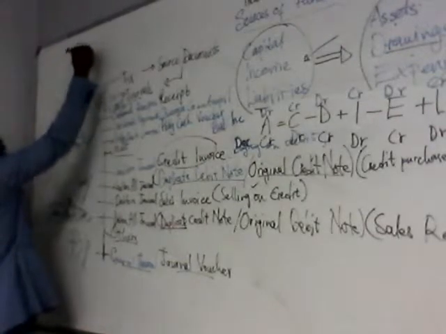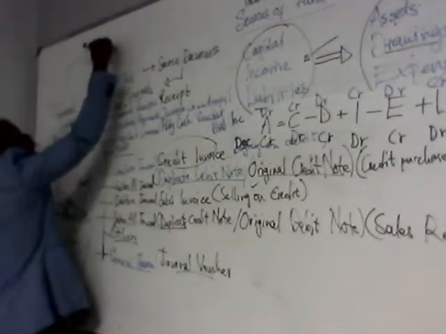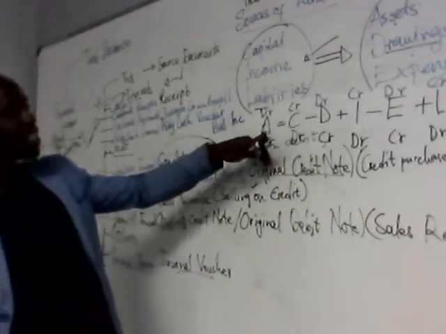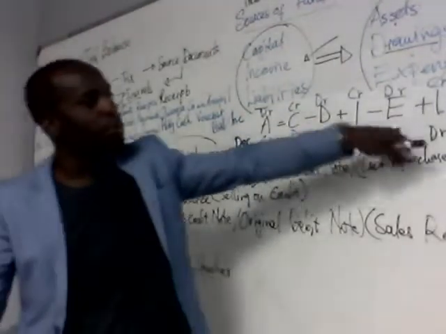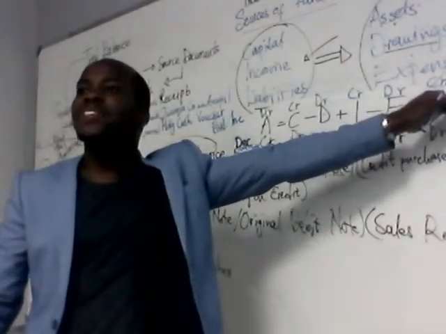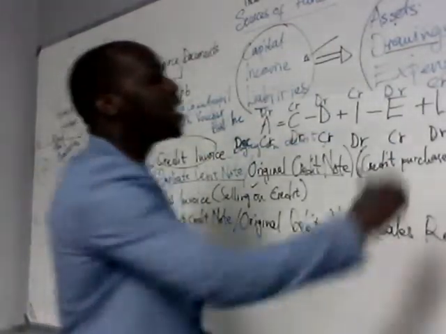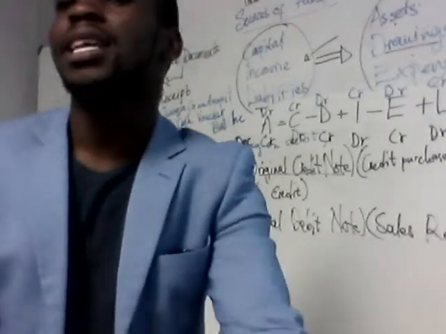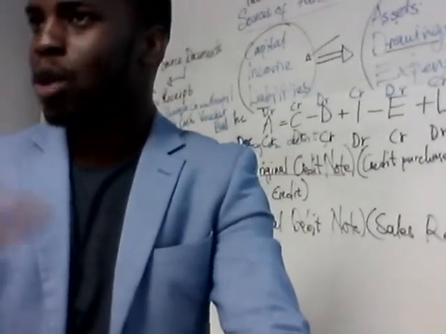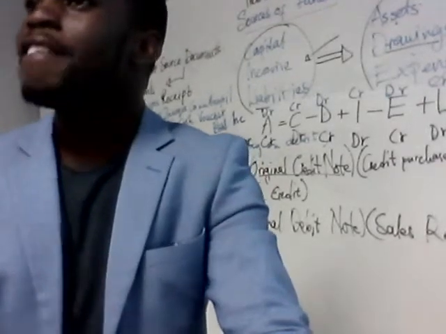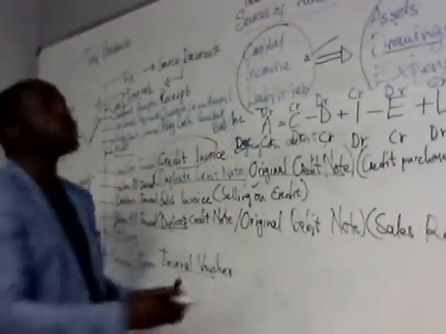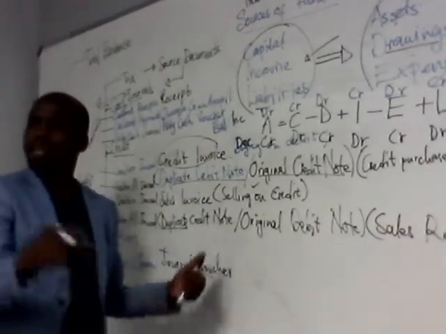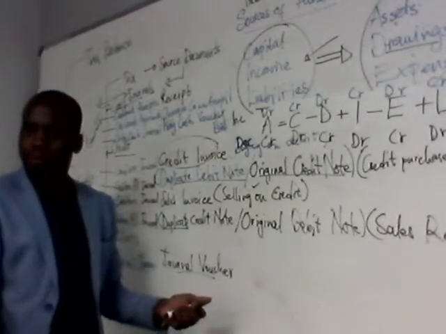I think I've already started saying what a trial balance will look like. Our trial balance will have assets, capital, drawings, income, expenses, and liabilities, even if they are mixed up. In your test, they were mixed up. What will we ask you to do? Find liabilities. Because you need to be able to tell from a list of accounts which ones are liabilities, which ones are incomes, which ones are expenses. Right? That was a trial balance.